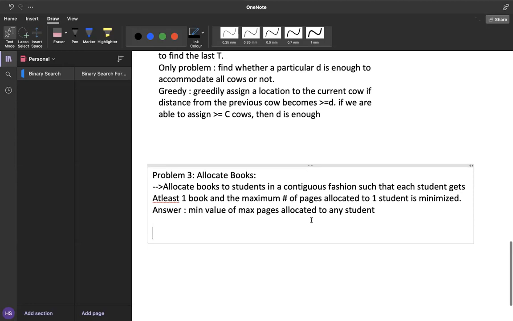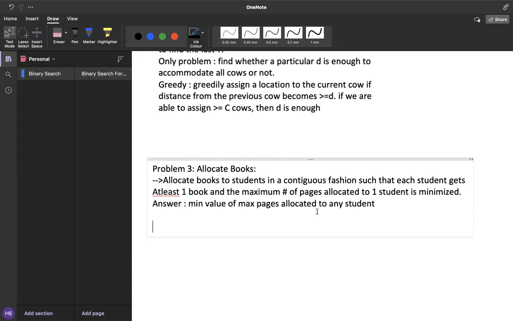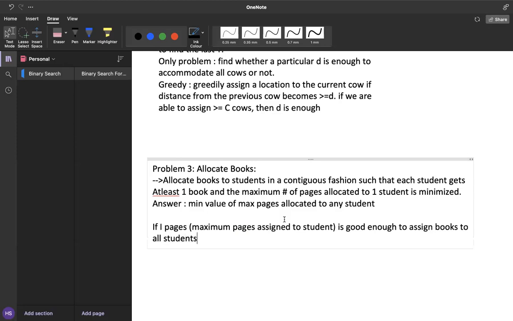And this will be something like this. If we can assign the books in such a way that a particular value is enough to assign books to every child, so if I pages, that is the maximum pages assigned to any student, is good enough to assign books to all students, then obviously I+1 pages are also good, right?